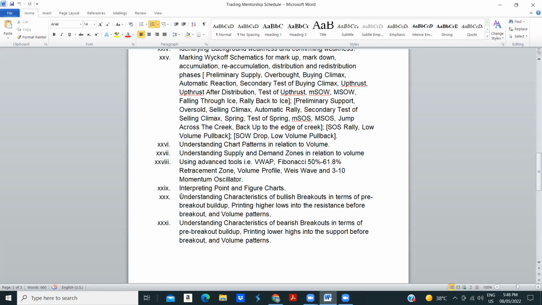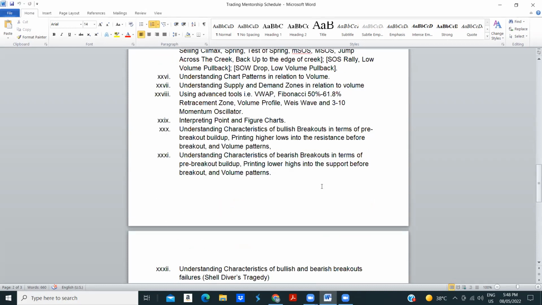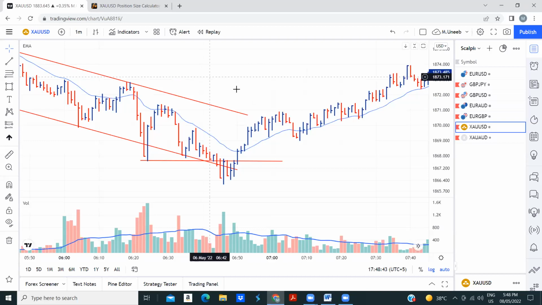Okay. First of all, I will go from here. Understanding characteristics of bullish breakouts, pre-breakout, building higher lows before this, and volume patterns. Now, as I told you, the breakout has specific conditions. Okay, a breakout has a specific condition. For example, if